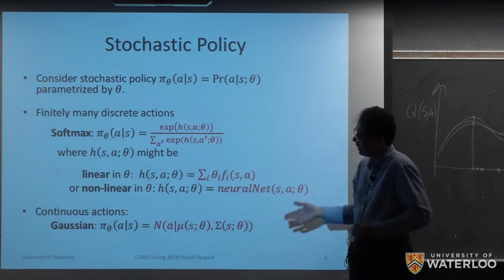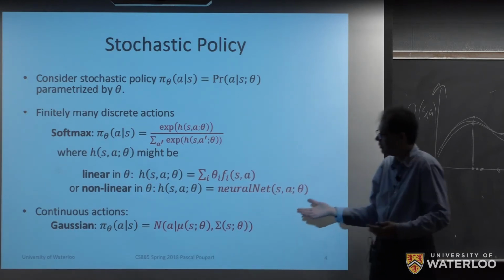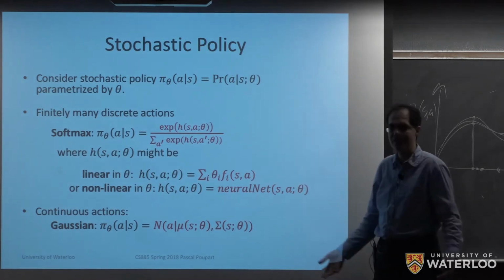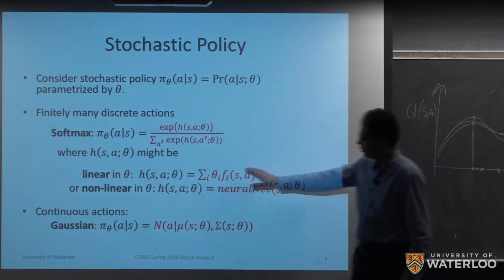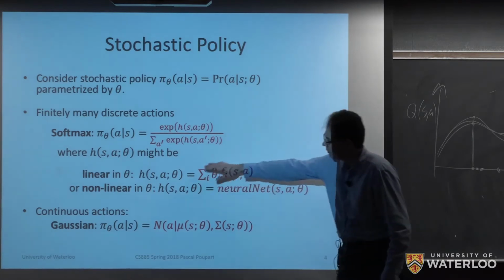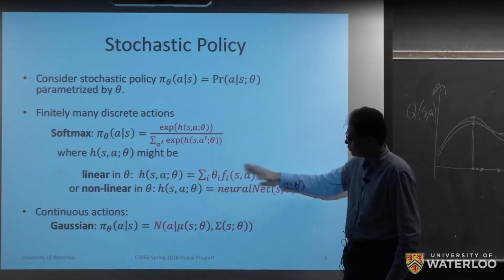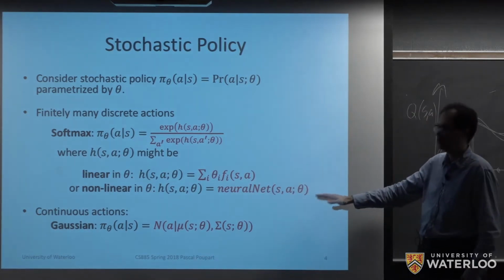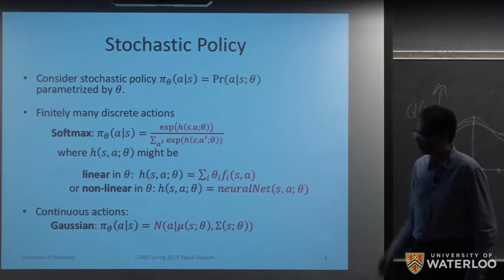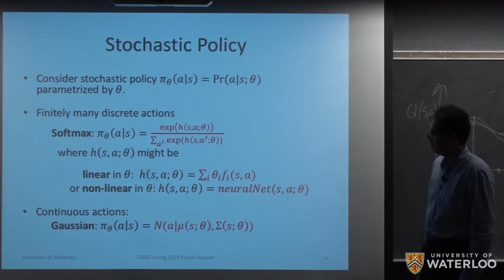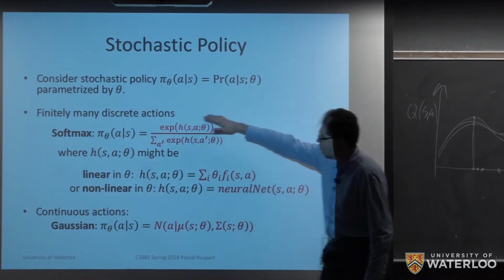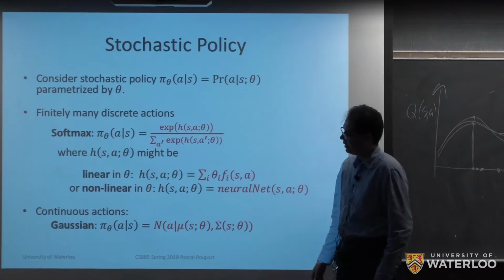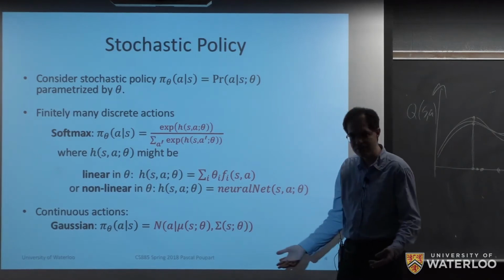So here f of i is simply a basis function that returns a value for every state-action pair. That's a generic way of encoding the scoring function when it's linear, but more generally we'll want to also consider nonlinear scoring functions and therefore neural networks. Okay, so this is for the case of discrete actions, and now if we have continuous actions, we're going to